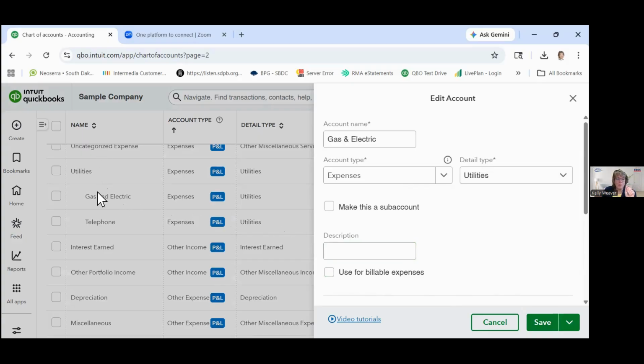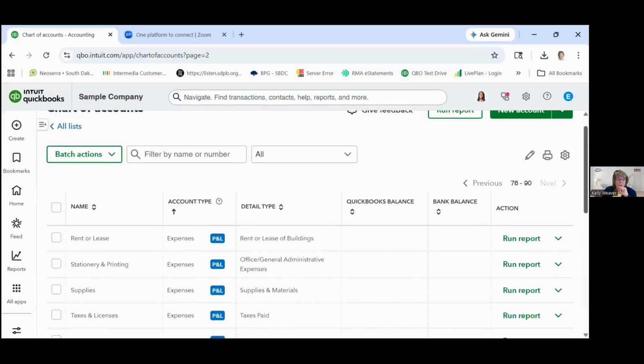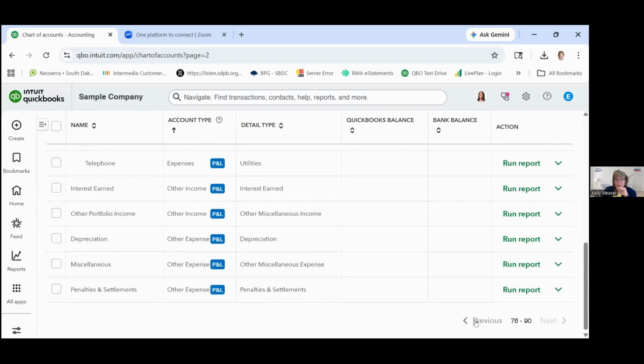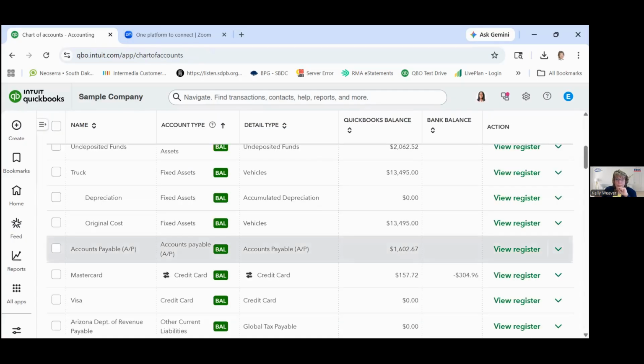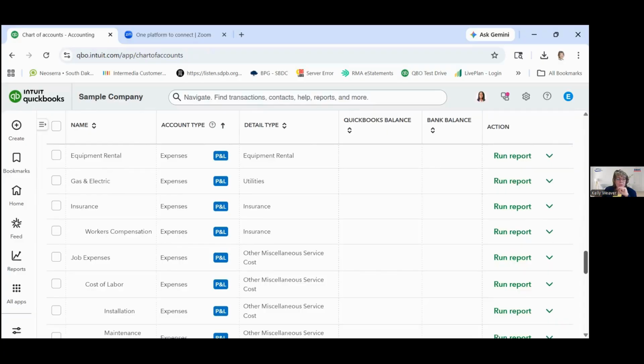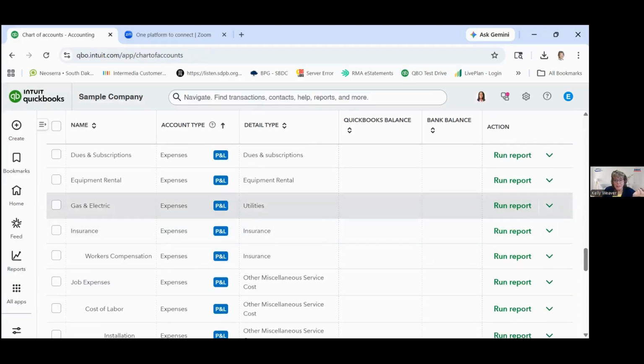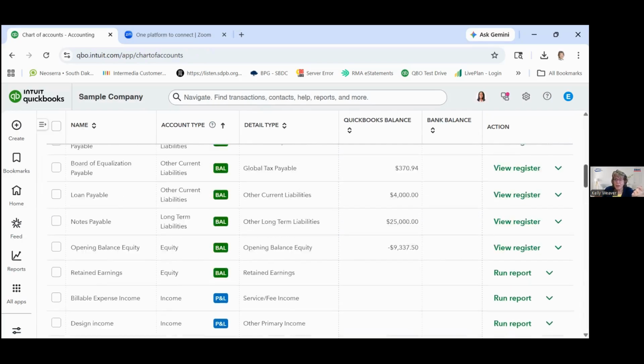So when I save this, it's going to change the name over here, and it's also going to move it up the list because it's no longer going to be a sub account. So it's going to be a main account of itself, and so it's going to be up higher in the alphabet than you. So let's save it. And now you'll see that gas and electric is gone. And oh yeah, we got to go back a page. And our assets, liabilities, income, expenses. There's gas and electric as a main account. So that's how easy it is to edit a transaction or edit a chart of accounts.